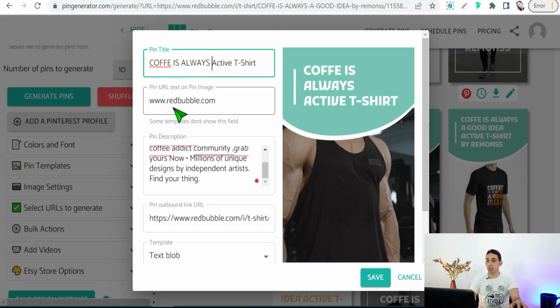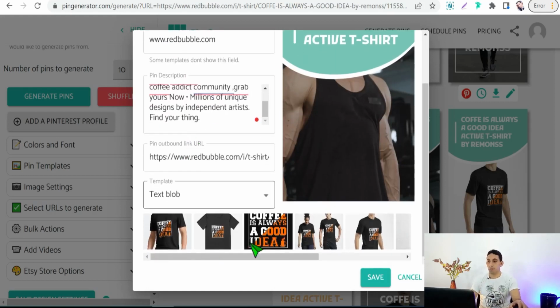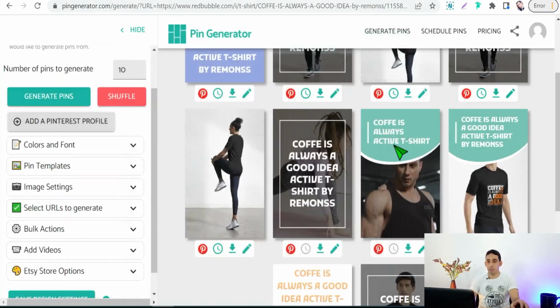Coffee is always active. T-shirt. And here's a destination link, and here's the pin description. Of course you can add some keywords and some hashtags to your pin. Okay, as you see. Just save, and when you are done, you can click over that to download